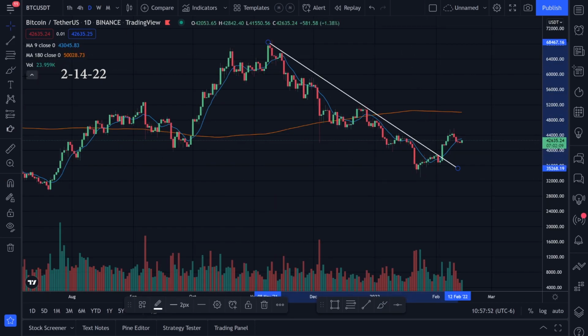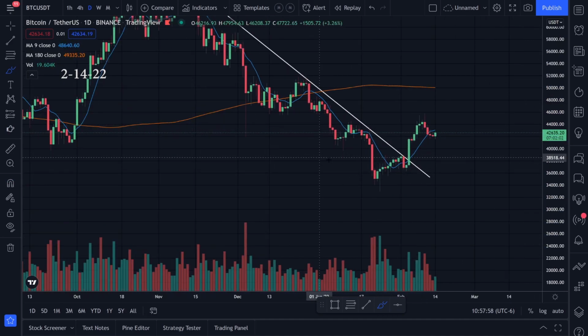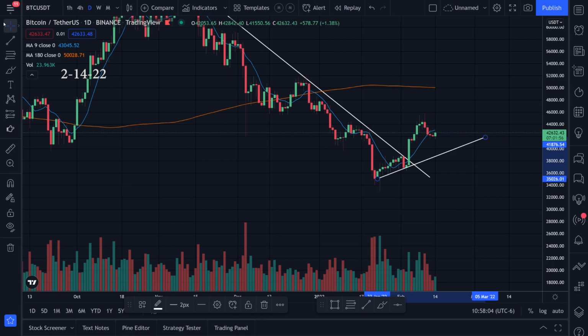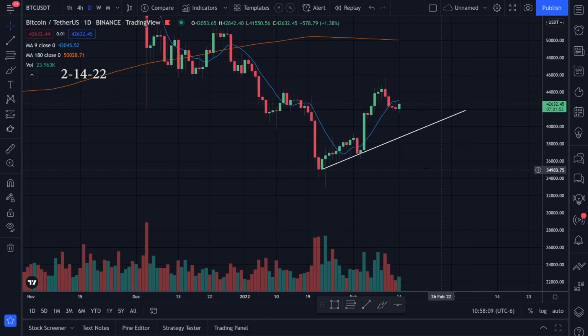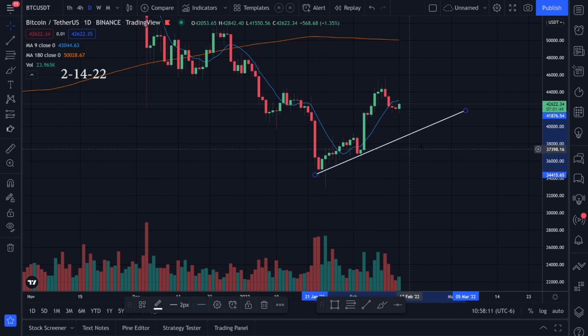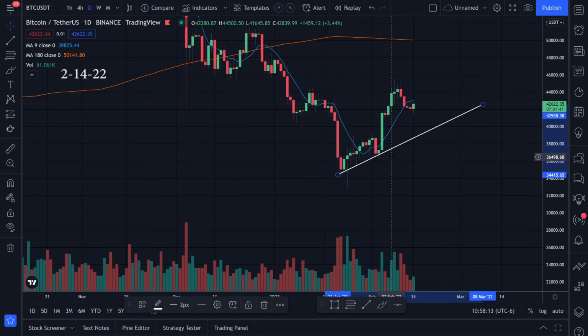I still think breaking this trend line was a good thing. Let's see if we can continue this momentum going to the upside. The other thing I've been watching is we have support right here, support right here. Let's go ahead and do this trend line, and we can delete this one because we don't really have to focus on that one too much. I still think we have some support and we're kind of pushing up on this support line until we break